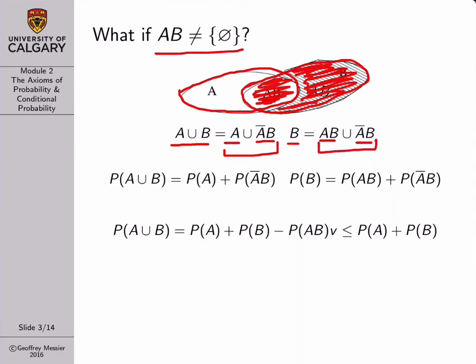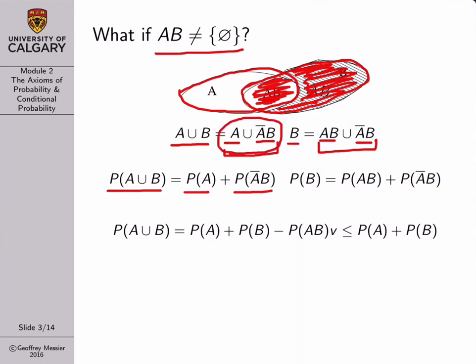They do not share any elements in common. So that means we can use the third axiom for both of these expressions. So the probability of A union B is equal to the probability of A plus the probability of all the elements in B that are not in A, which is just a straightforward application of